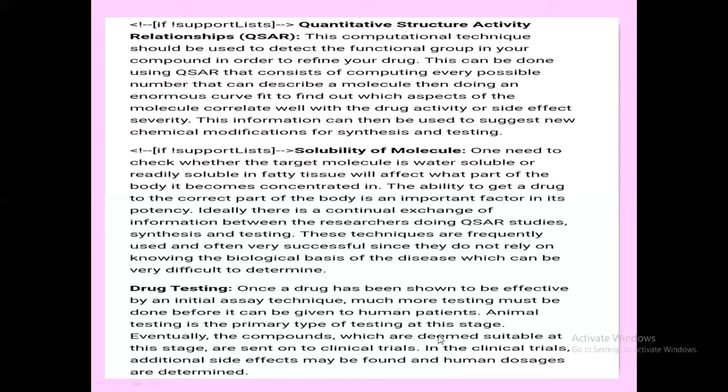In the clinical trials, additional side effects may be found, and the suitable dosage for human beings is determined. All these things are decided only in the human clinical trials. So that is called drug testing. The drug is available, but you have to test it properly. There is a proper procedure. Already we have seen in the conventional method, drug testing is done first on animal system, then coming to the human clinical system. That procedure should be followed for every drug. Even in the case of COVID-19, that is a vaccine also, the same procedure is being followed.